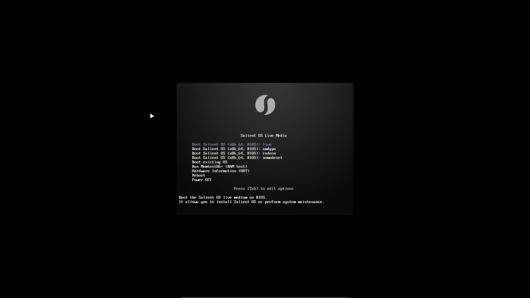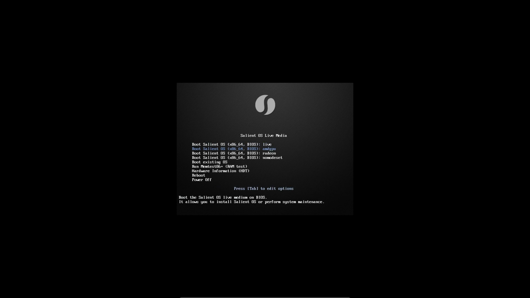But in GRUB, you can actually type tab or an E, it depends where we are, and then you can actually have a look at the code. So some of us bought hardware that is not fit, between quotes, for Linux, right? They have to do extra stuff. So that's why these extra lines are here.